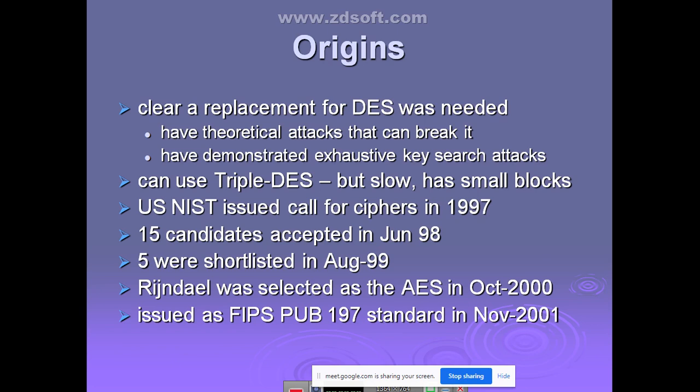Clear? How it is invented exactly. Totally different, 15 candidates have come up with their own idea, their own algorithm. Among that, only 5 were shortlisted. And from those 5, Rijndael and one more inventor is there along with him. Their algorithm is selected as the AES algorithm because it is going to be a replacement of the DES.